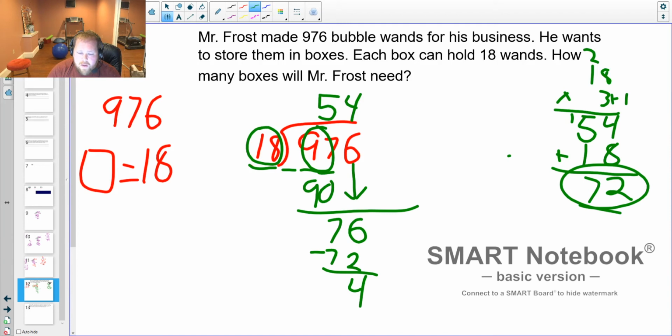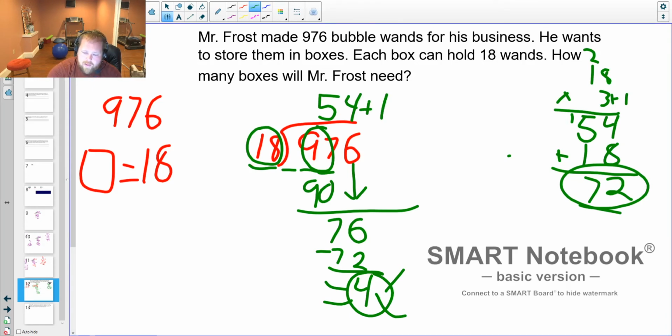Am I going to be able to fit more than 18 in each box? No. So this remainder of 4 right here means that I need one extra box, and this extra box is only going to have 4 in it. But I still do need that extra box, so 54 plus 1 extra box, just to hold 4, I'm going to need, drum roll,